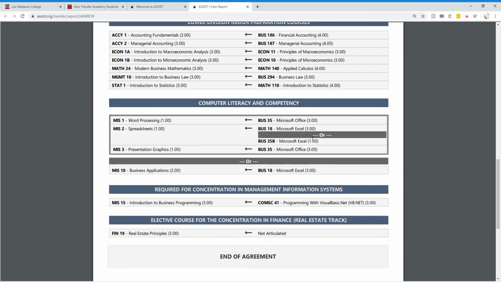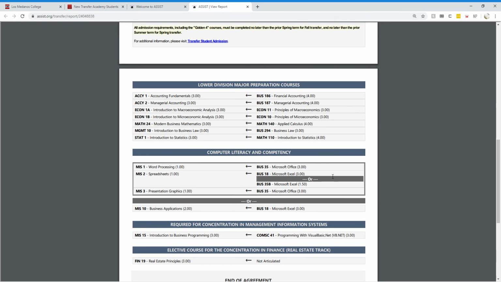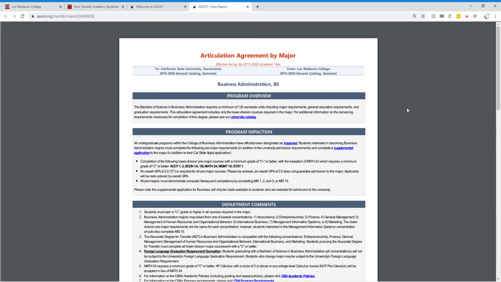classes, except for example, you have the choice of taking Business 35 and Business 18, or you could take Business 35B and Business 35, or you could take Business 18. So don't be super overwhelmed by this list because more likely than not, I promise you it is not that complicated. But yeah, that's how to use Assist,